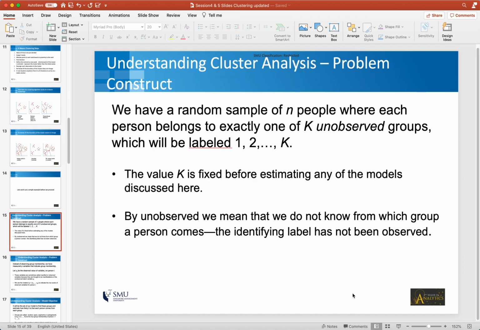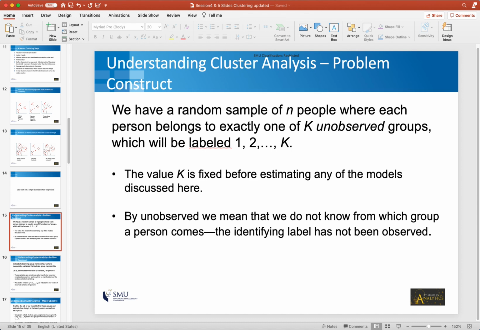So basically, if you think about the problem of k-means clustering as a mathematical problem, what we say is that there are k unobserved groups. The unobserved groups essentially represent the k clusters. And why do we call it unobserved? Because given a data set, you don't initially know the group membership of each observation.